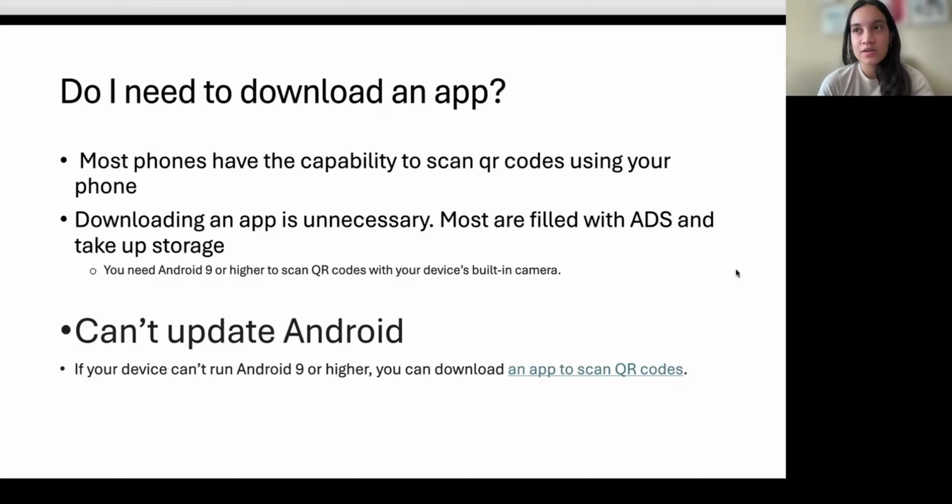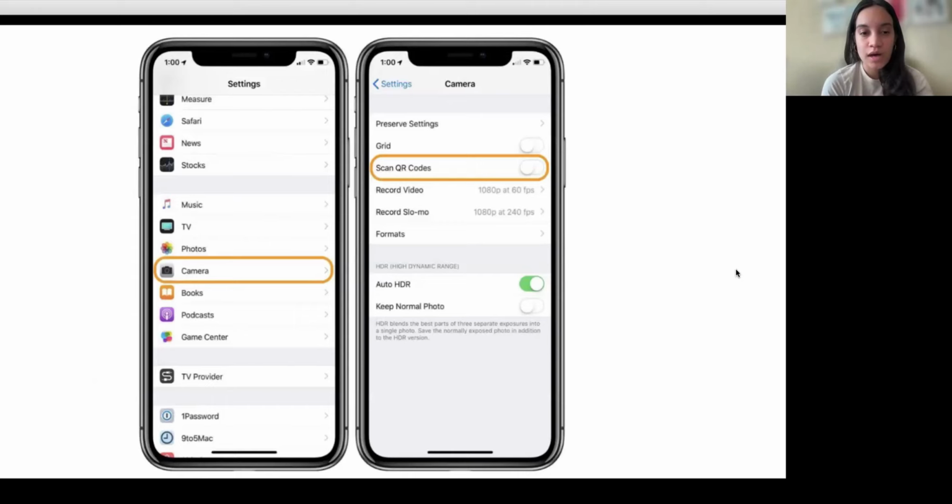In the next slide, we'll look at a picture or example of how to scan a QR code using our camera, without using any app. So with an iPhone, and then I'm going to show you a video with Android. So just be patient, the Android folks. I have you next. But with an iPhone, if you go to your settings, which is that silver gear icon on everyone's iPhone or iPad,